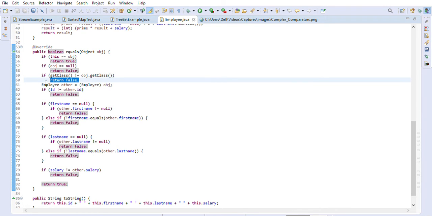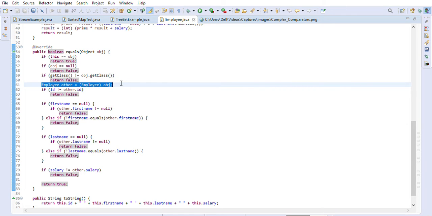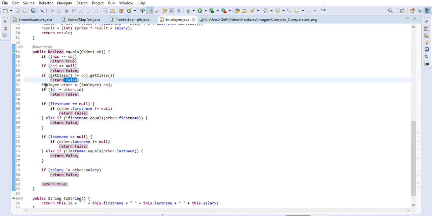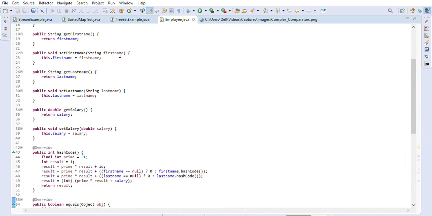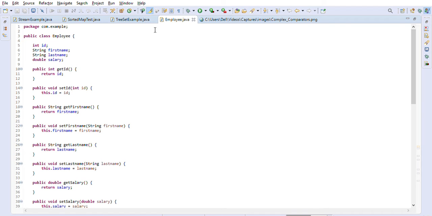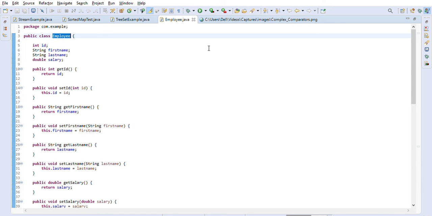Once we reach here, we cast the obj object to Employee, and we compare all the fields with the other object: ID, first name, last name, and salary. If all the fields are equal and matching, we return true, meaning both are the same object. That's how we created the employee class, and we are going to use it as a key.